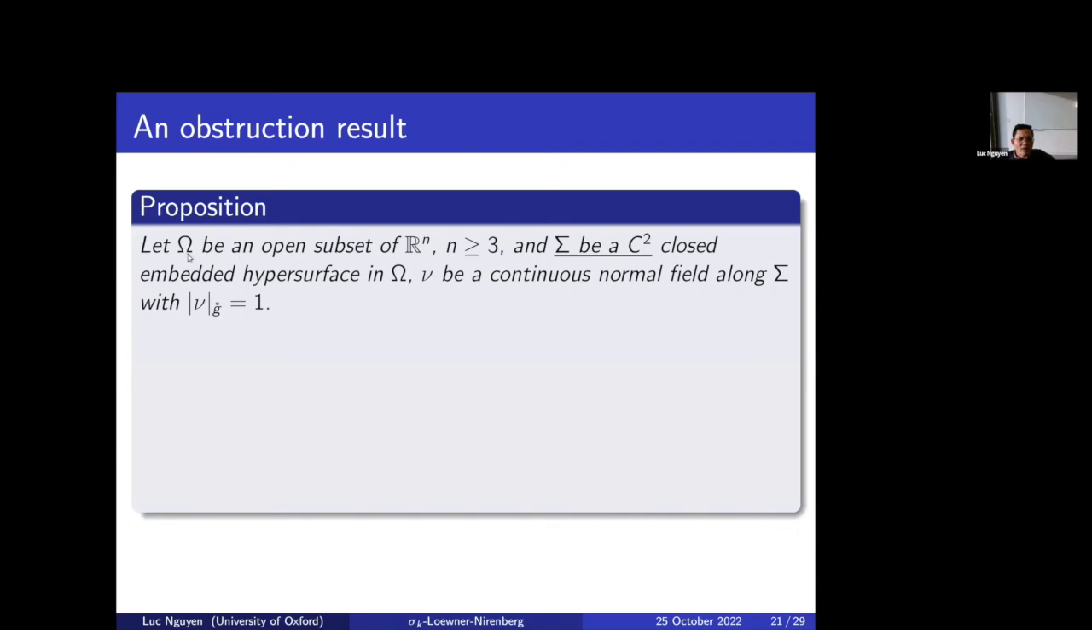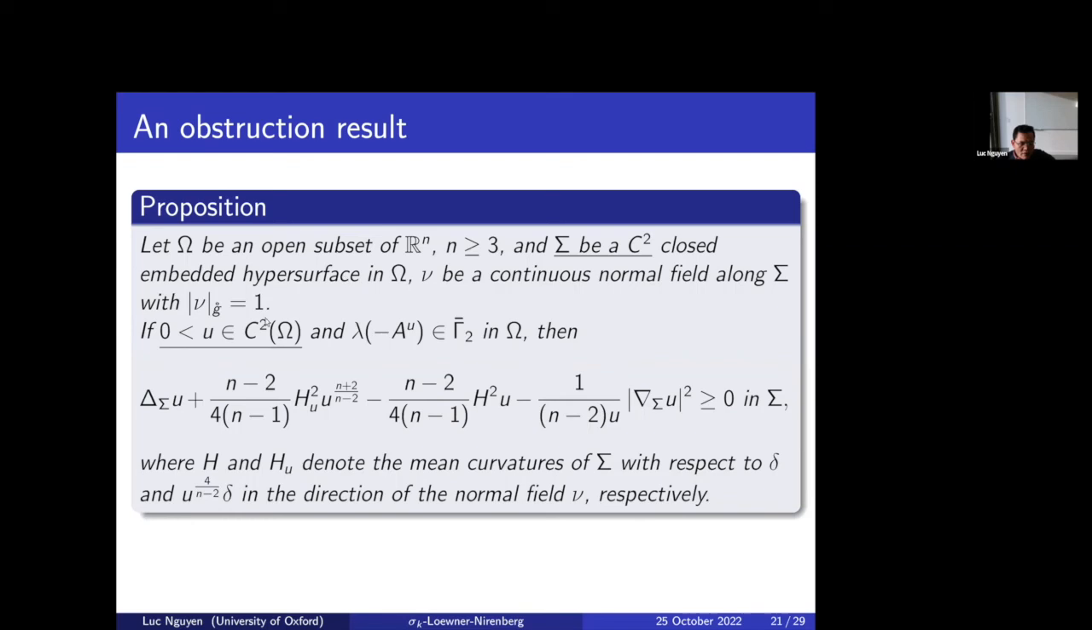So let omega be an open subset in Rn, and let sigma be a C2 closed embedded surface in omega, and nu being a continuous normal field along sigma, so, or you could say that sigma is oriented. And now if U is a positive C2 function such that the eigenvalue of minus the conformal Hessian is in the cone gamma 2,